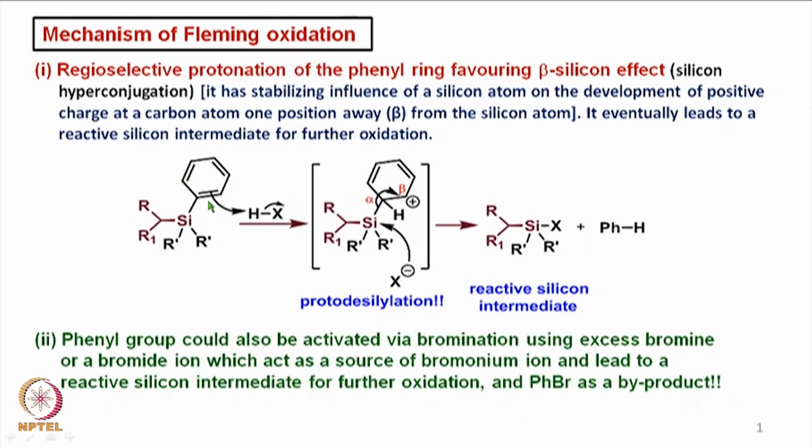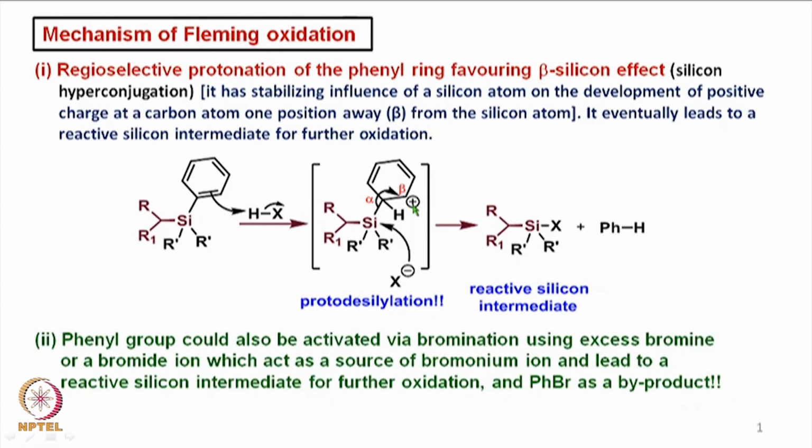Under the protic conditions, which was the initial condition reported by Fleming, it basically involved a regioselective protonation of the phenyl ring favoring the beta silicon effect. That means this particular phenyl ring undergoes protonation in such a fashion that the proton gets attached to this particular carbon atom, and the positive charge is formed at the next carbon atom,